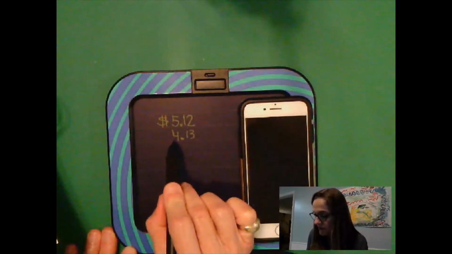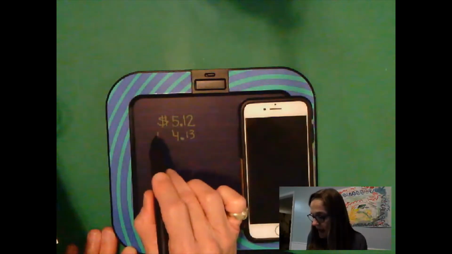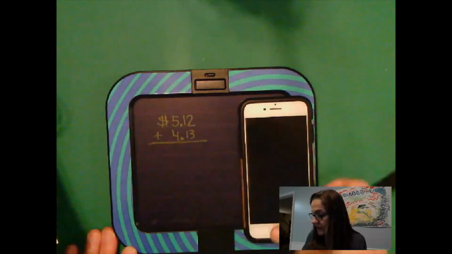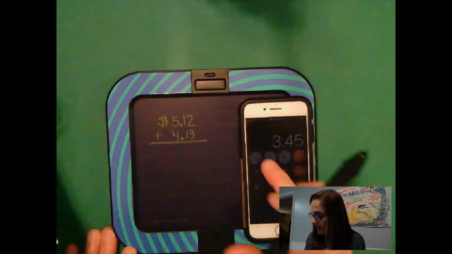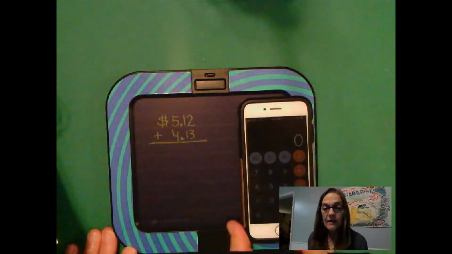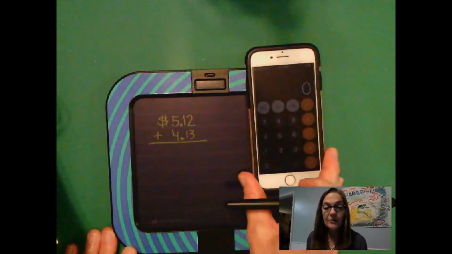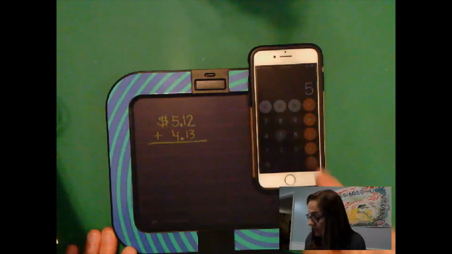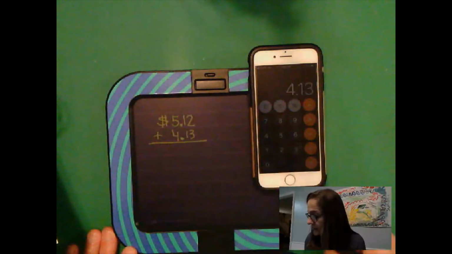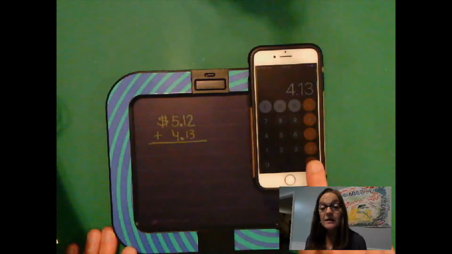It separates the dollars and the cents. We're going to add them. Okay, you can go ahead and figure it out on your calculator, and I'll do it on my little calculator here on my phone. Okay, $5.12 plus $4.13 is equal to,